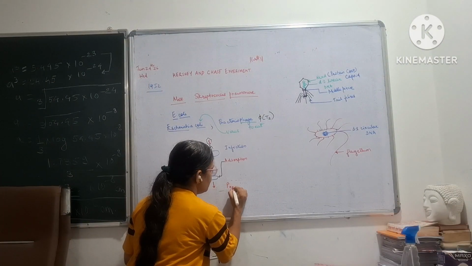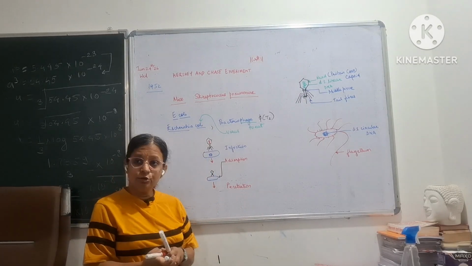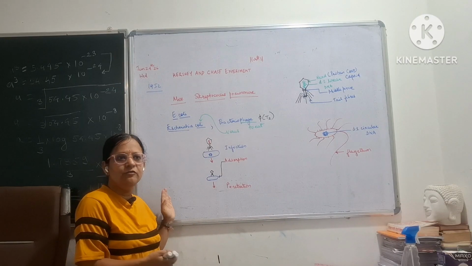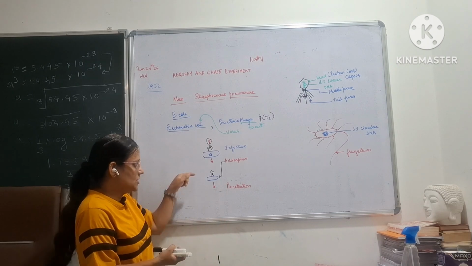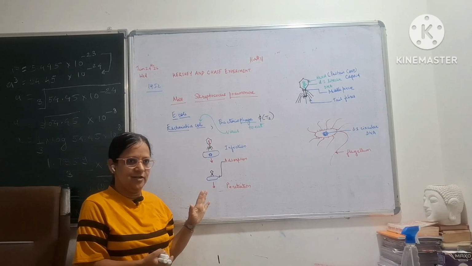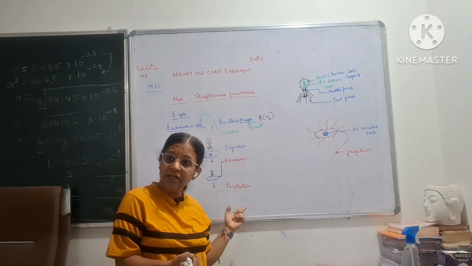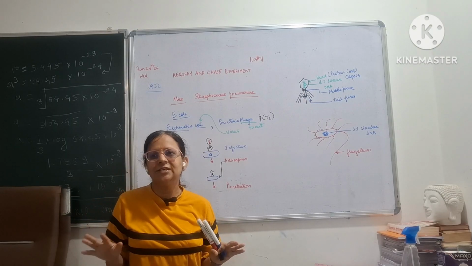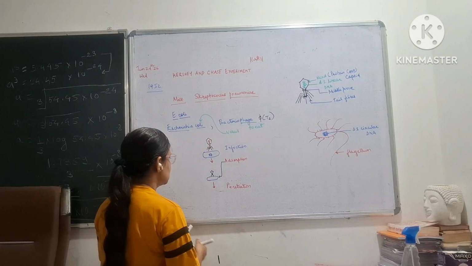The third step is known as penetration. Now what is getting penetrated into the E. coli cell after infection? It is the genetic material. Now Hershey and Chase did this experiment to find out which is the genetic material, whether it is DNA going into the bacterial cell or it is protein going into the bacterial cell. We do not know whether it is the protein of the virus or the DNA of the virus entering into the cell. That is what we are going to find out. But just for the time being, we will say that the genetic material is penetrating from the virus into the cell, right? So this is the third step,